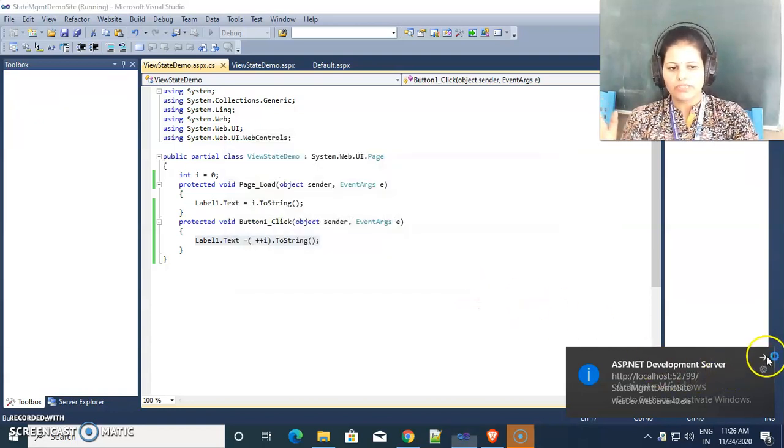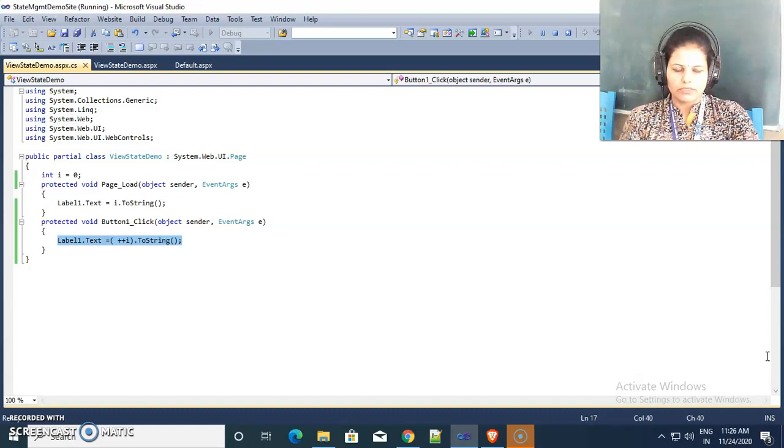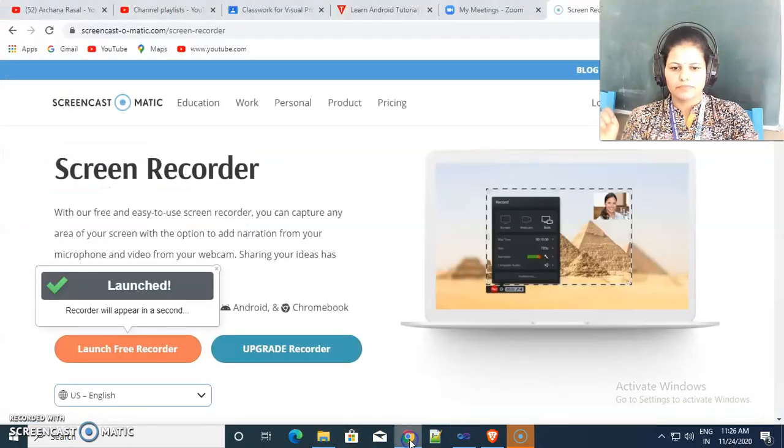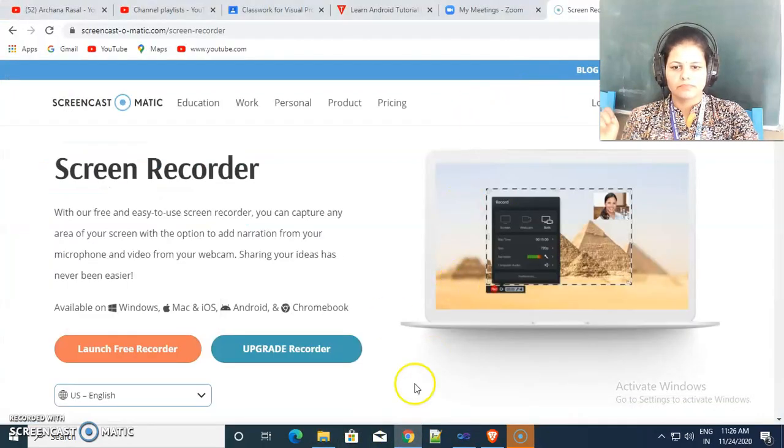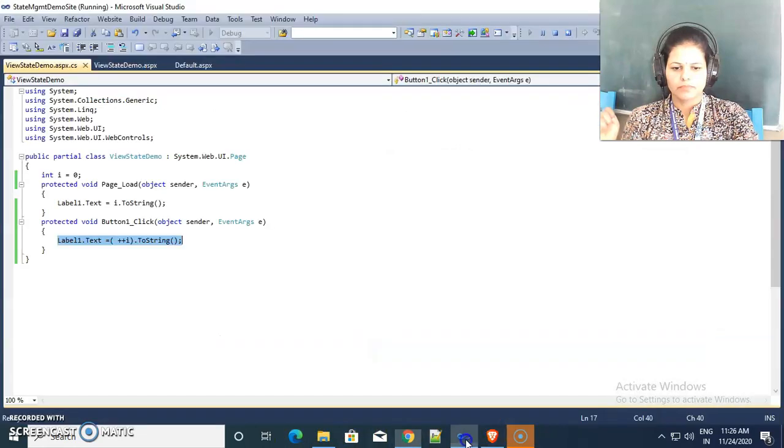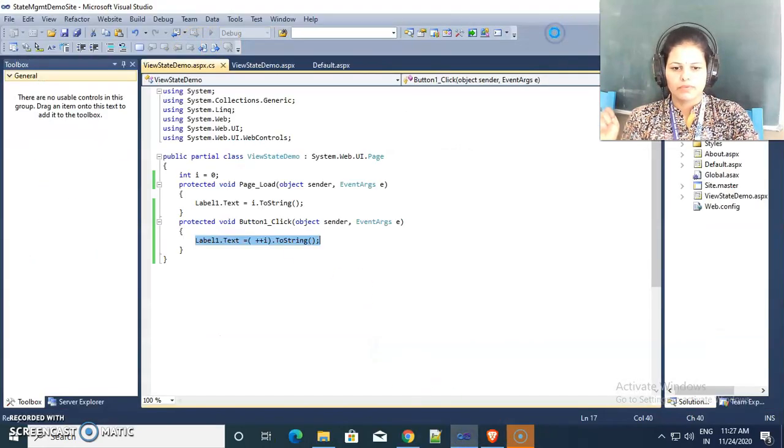When the user clicks on the button, the value should be incremented sequentially. That is the functionality I want, but let's see what happens after running this application. We run it once again.